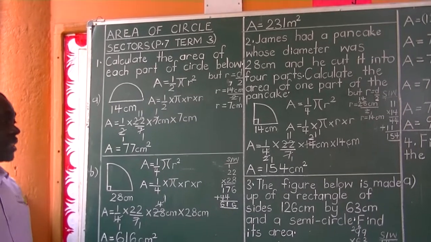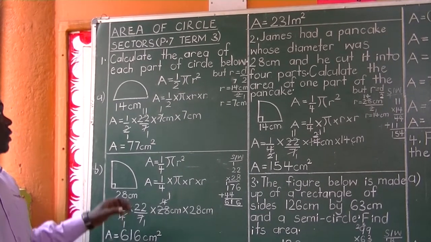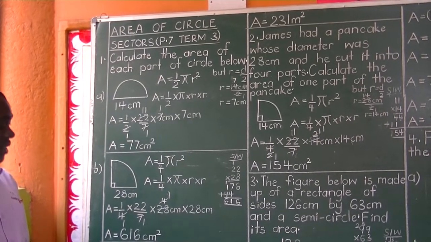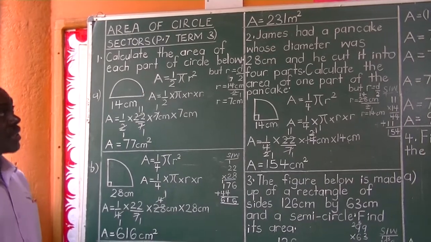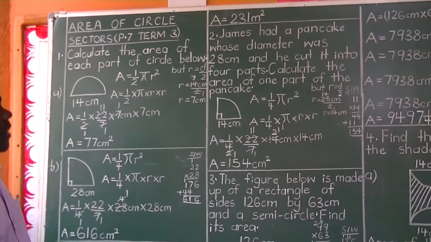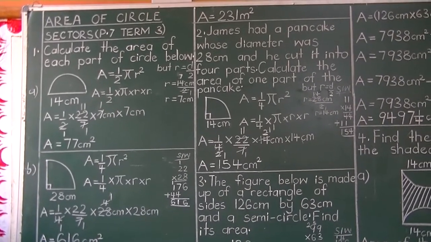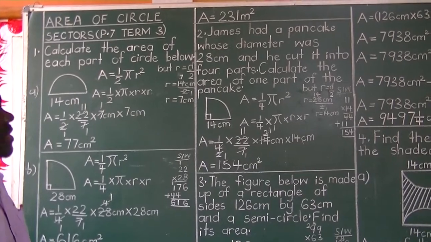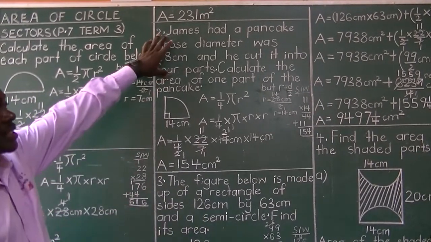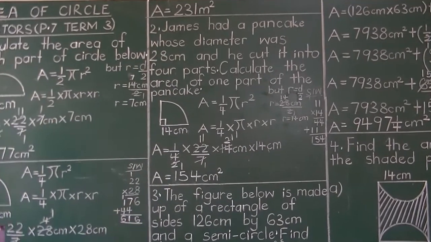So that's how we get the area of a circle sector without a name, which is neither a semicircle nor a quadrant. So that's how we do it. And then we shall look at another way one can bring in the area of circle sectors in word form, the ones we call word problems. These are word problems involving the area of circle sectors.